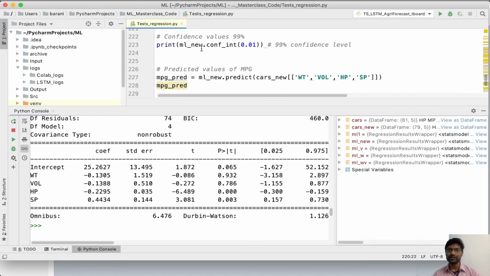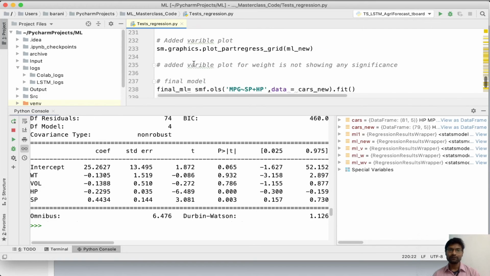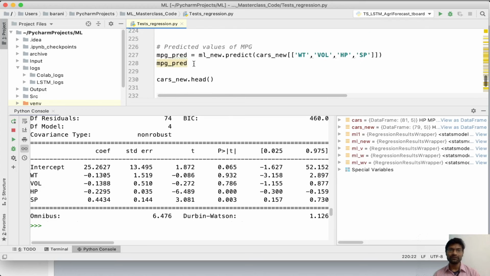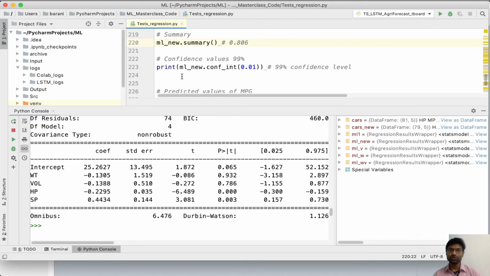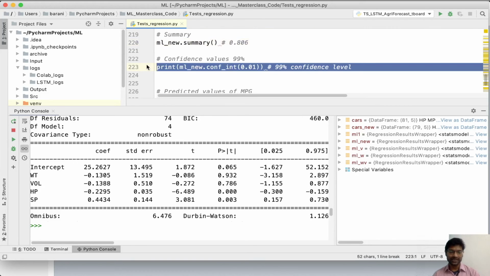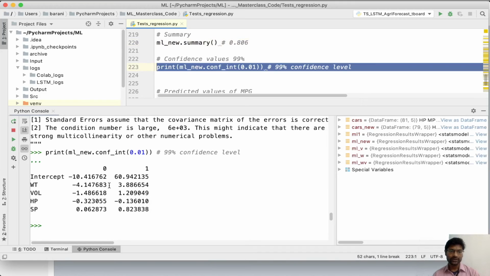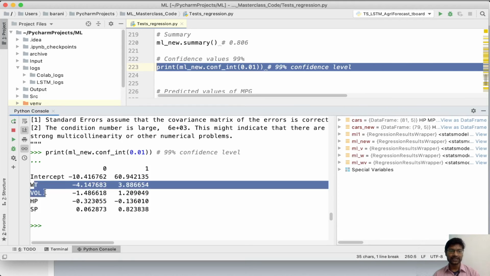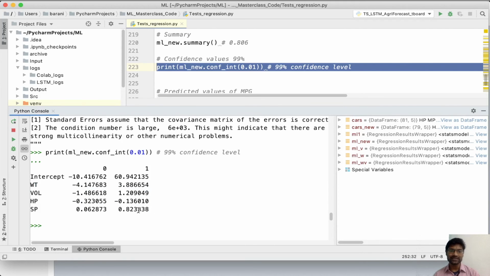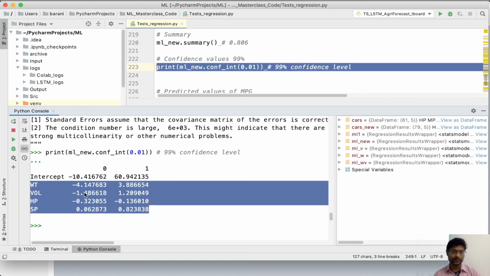So without any other option, we will drop the volume and weight going further. Before doing that, there are some other calculations, like we can identify the confidence around our new model's values. These are individual parameters and the coefficients that were predicted.